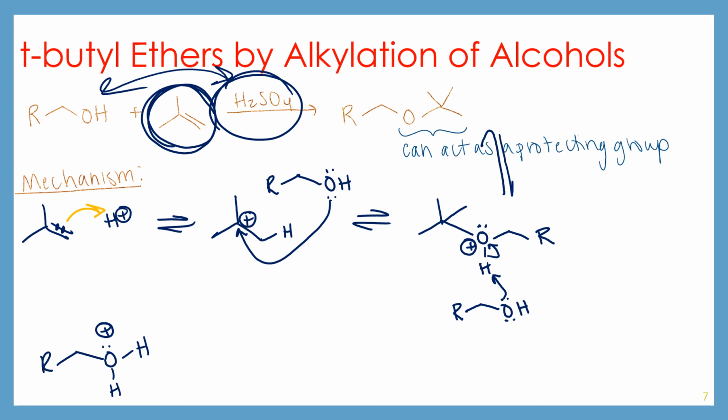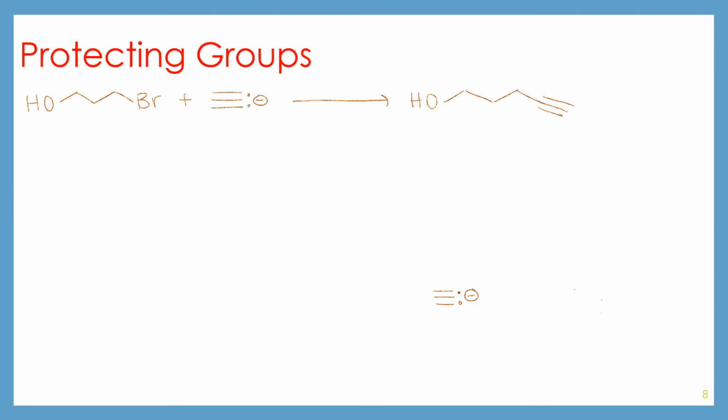So this can be useful because you can actually use the T-butyl group kind of like a protecting group for alcohol. And protecting group is a term that's new to us. So we're going to talk about that on the next slide. So protecting groups are used in situations when you need a transformation to occur, but there's something else that interferes